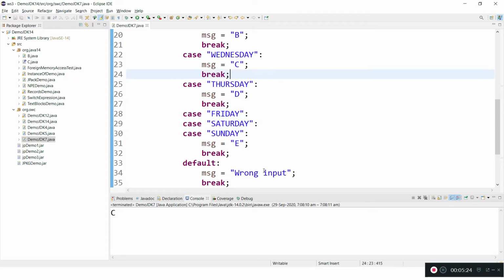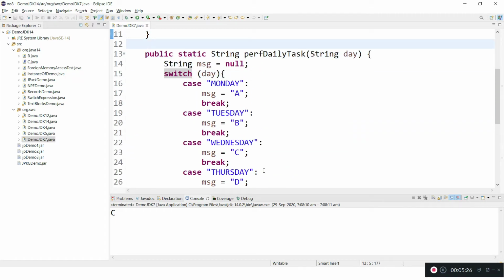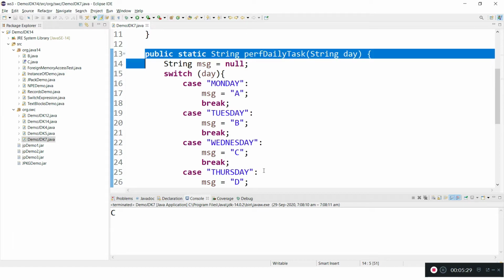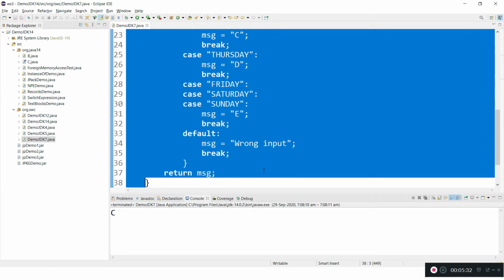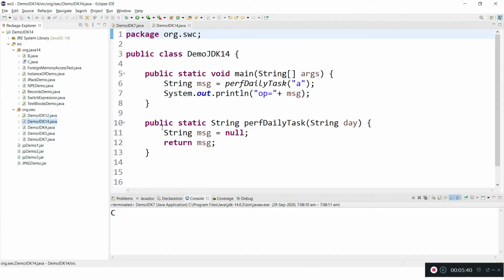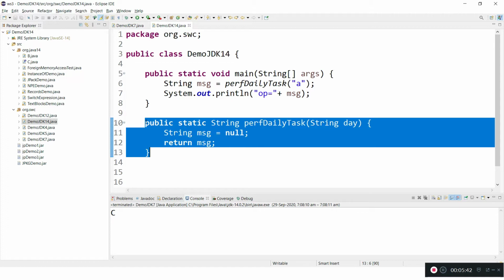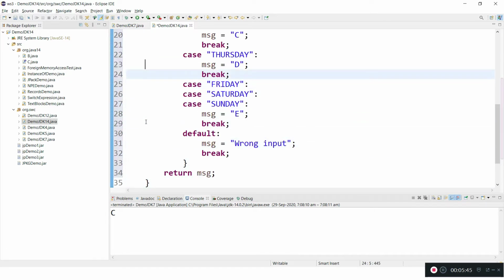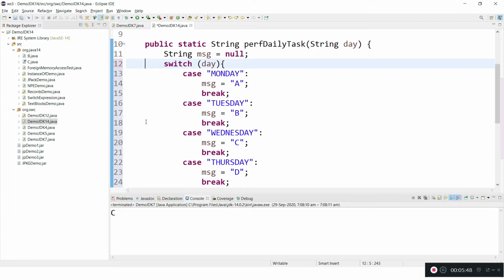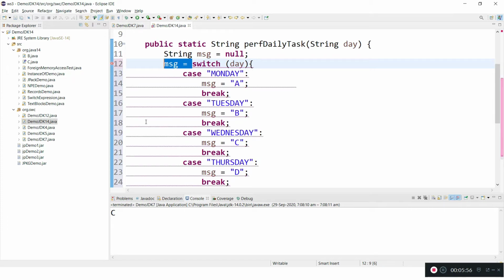Now Java came up with the switch expression. It resolves all problems and it transforms your classic switch into a switch expression. Let me write one switch expression. We just convert the existing switch cases. As we discussed, a switch expression returns a value, so let me capture the value from the switch. This is how we can capture a value from the switch expression, and each case is an expression.